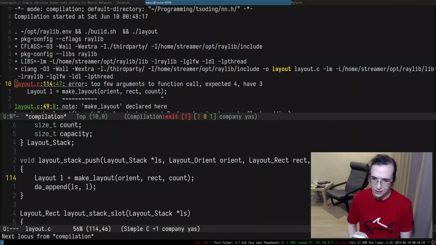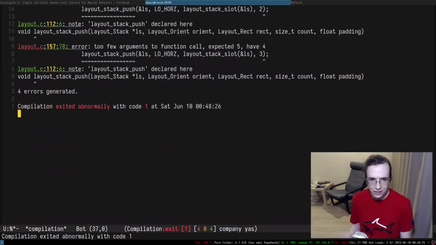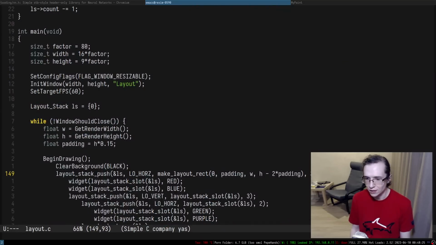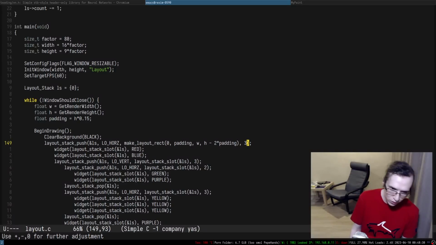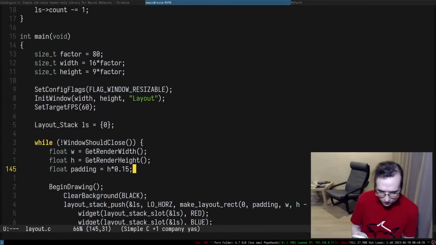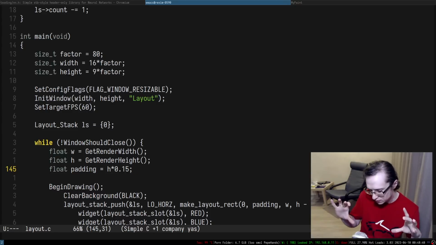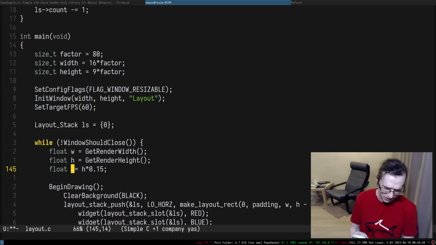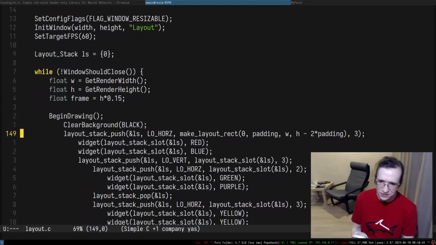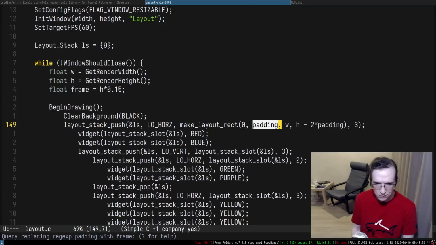Well, there we go. So it's broken in here. So that means we have to put padding in here, but where we can get it from here. And that breaks even more places. So we go to these places and we're forced to actually do this stuff. Okay, so we already have a padding, and this padding is not the same as the padding that we just defined. It's sort of like a frame. Let's literally call it frame then. Right, why not? Right, so let me query replace padding frame.